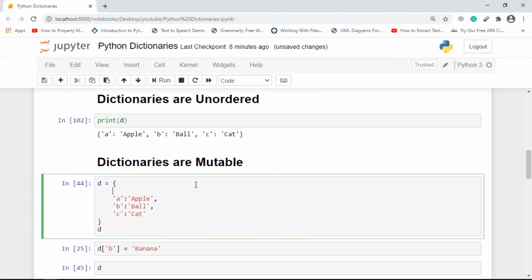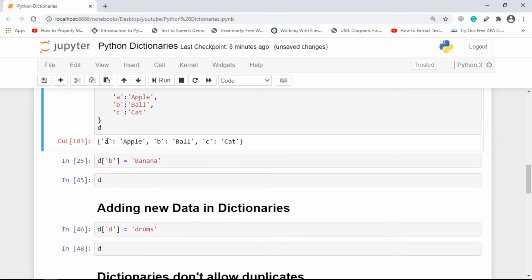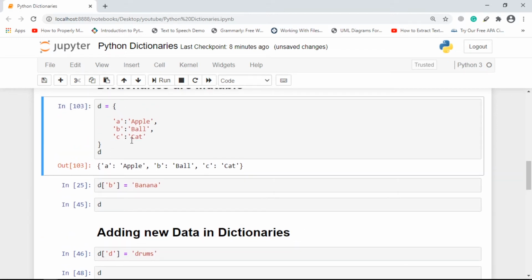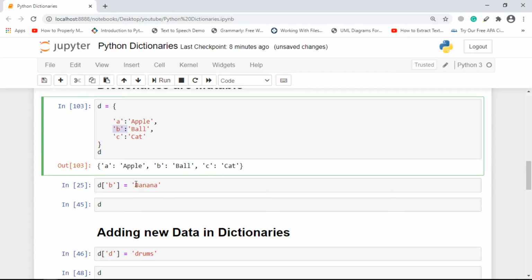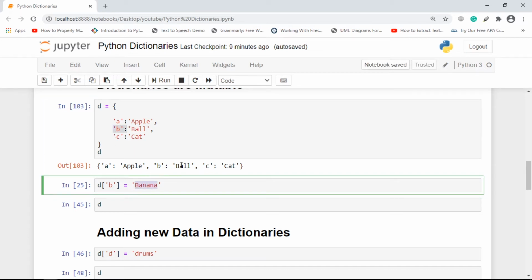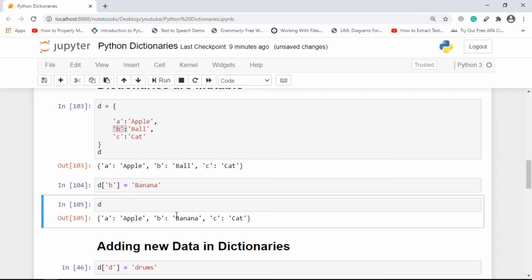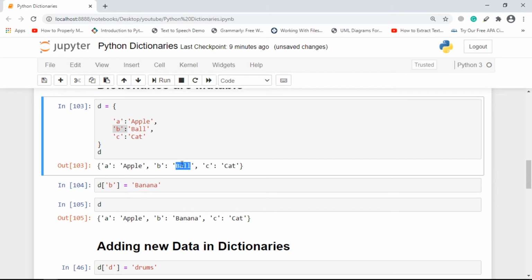The next is that the dictionaries are mutable. Mutable in Python means that you can change its value. So over here, if we again get this dictionary, A apple, B ball, and C cat. Now, if we refer to this B, I am assigning it banana. Instead of the value ball, I am assigning it the value banana. So notice it just simply changes the value of the B key and puts banana instead